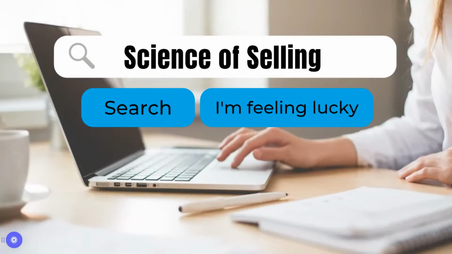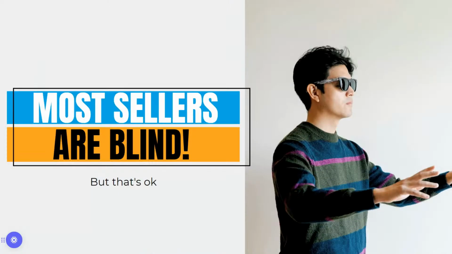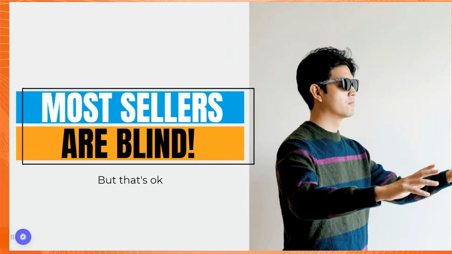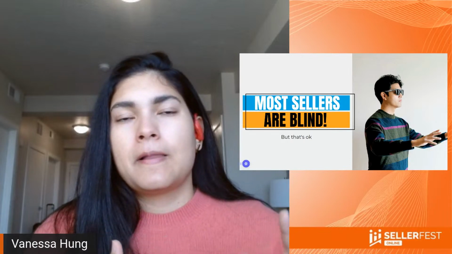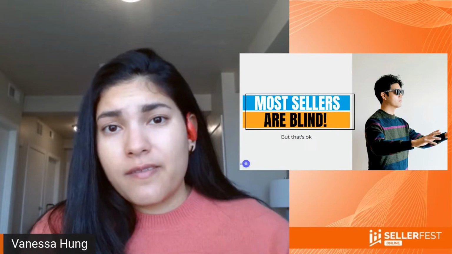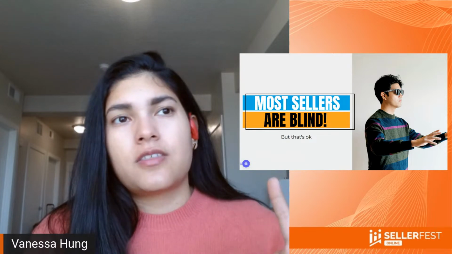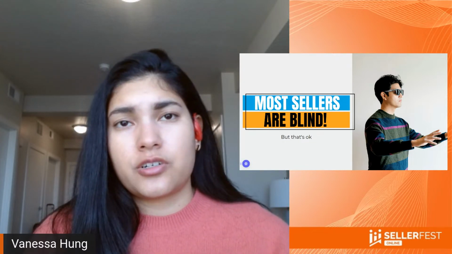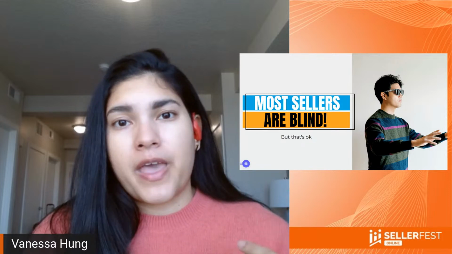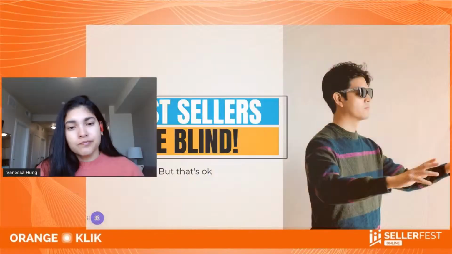So that's why I call it the science of selling. This is one of the little pieces that the science of selling online has, which is understanding the backend. Most sellers are blind because they don't understand two factors: the power of flat files, and also the thing that I'm going to be sharing in this presentation, which is the hidden market within the states that we can leverage and tap into once we start adding more keywords into our file.